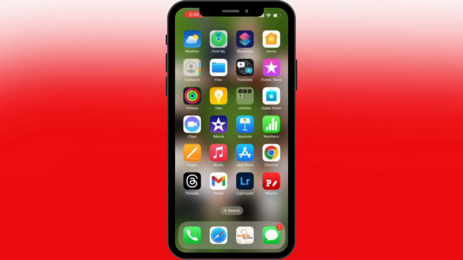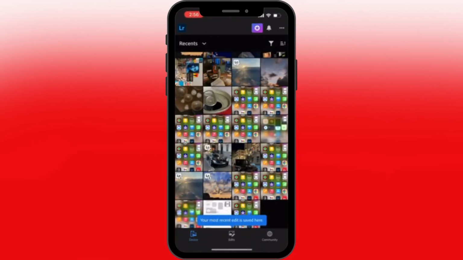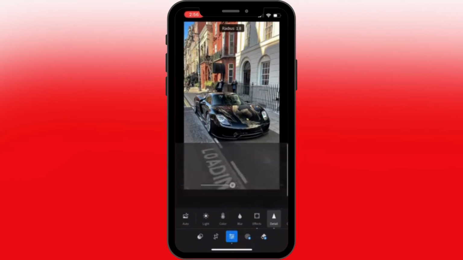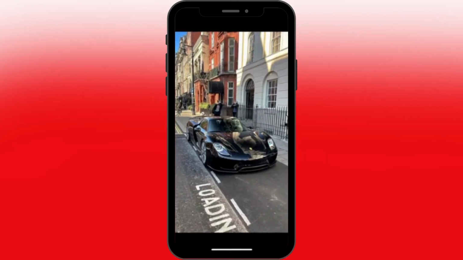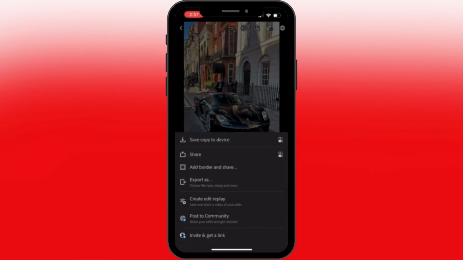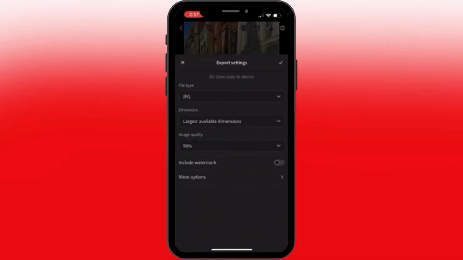Let's tap into the application itself and let's choose this photo over here. So yeah, that's not too much. So we've already edited it. So let's go to the top corner, and here you can just say copy to device. So instead of clicking to this, we are going to click at the side option here, and it will lead